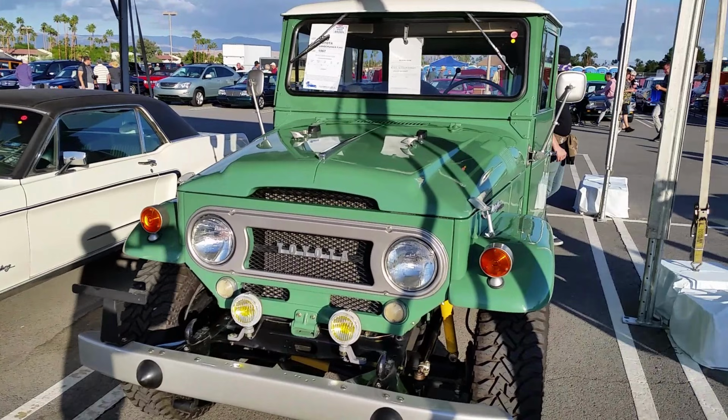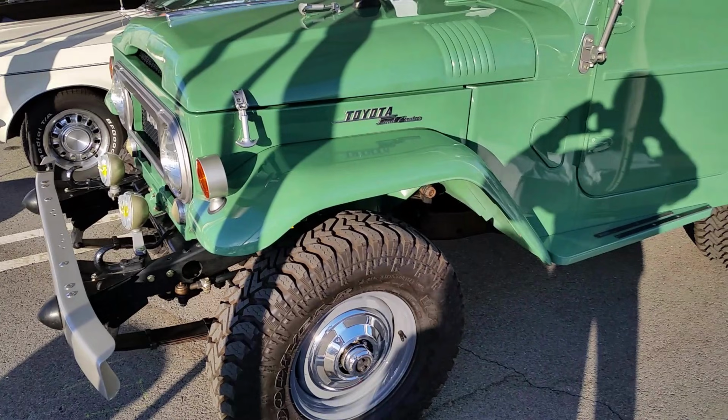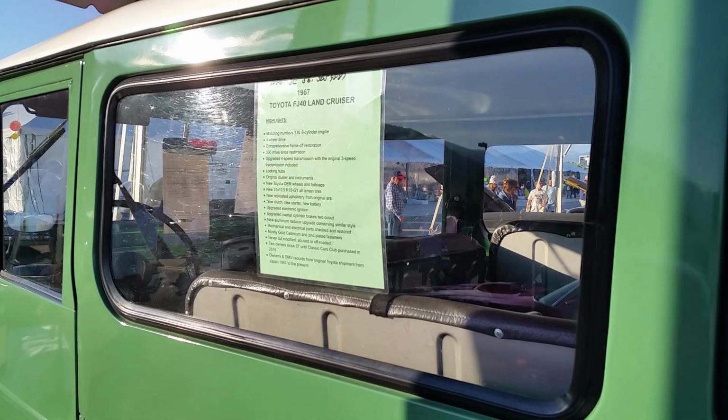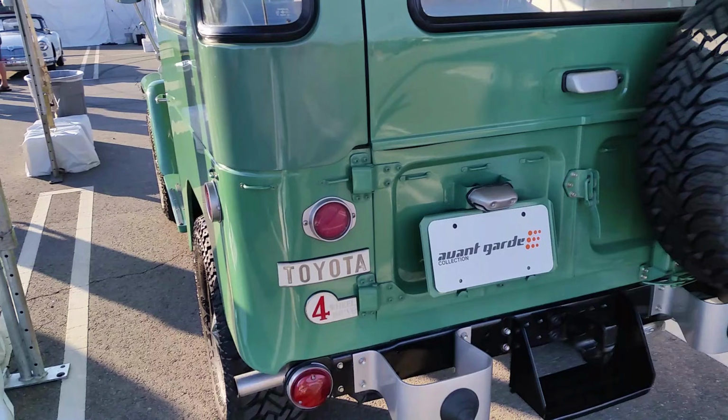Features matching numbers, four-wheel drive, 6-cylinder, upgraded 4-speed transmission, original 3-speed transmission included. Updated clutch system, double brake circuit, new aluminum radiator that retains the original pattern, new replicated upholstery with the same grain and factory color,